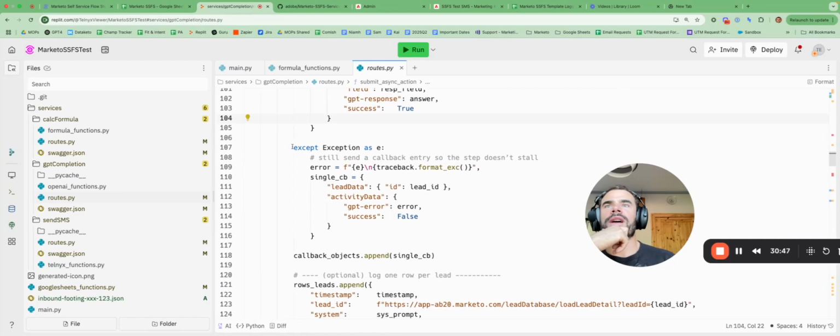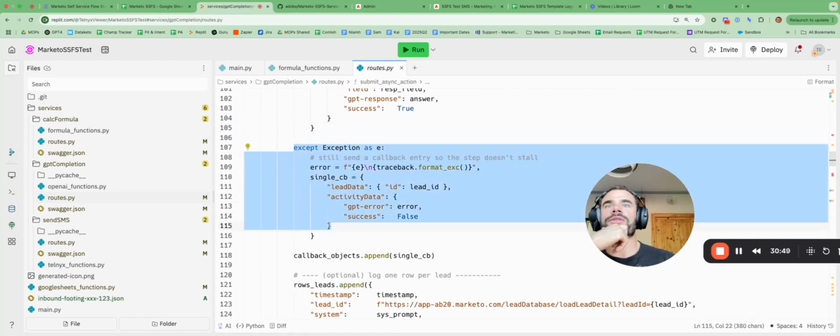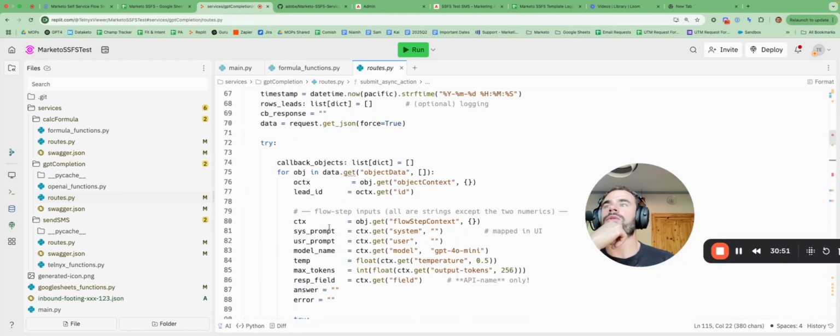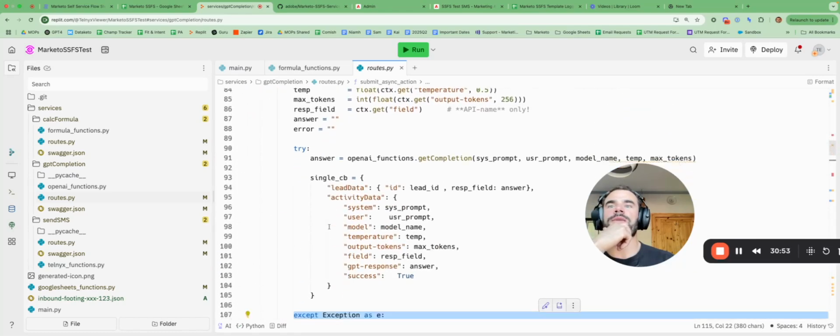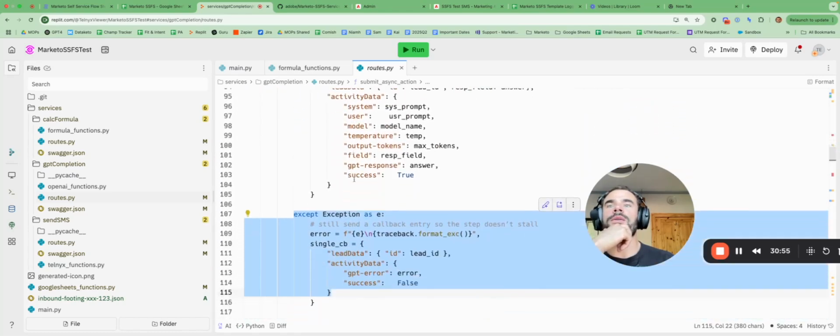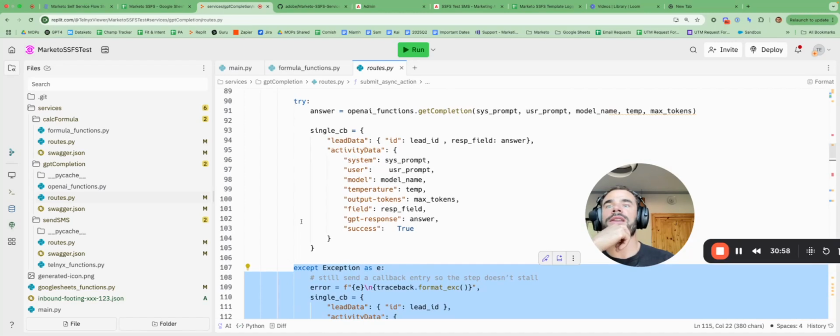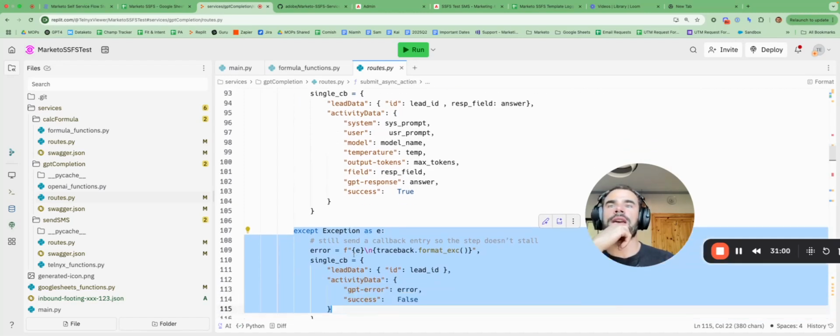We've got some error handling here, just in case there's any errors interacting with the OpenAI API. That's what the try except does. But basically,